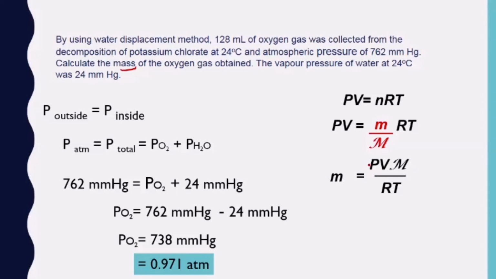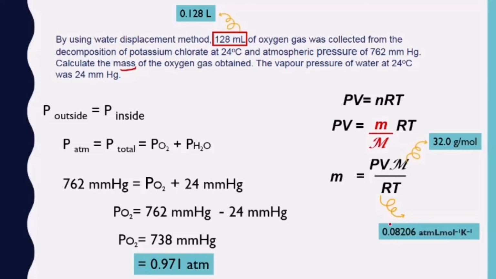First, we have the pressure of oxygen, which is 0.971 atm, the volume of gas, which is 0.128 liter, the molar mass of oxygen, which is 32 gram per mole, the gas constant, which is 0.08206 atm liter per mole per Kelvin, and the temperature, which is 24 degrees Celsius, equal to 297.15 Kelvin. By substituting all the values, we will find the mass of oxygen gas obtained from the water displacement method, which is